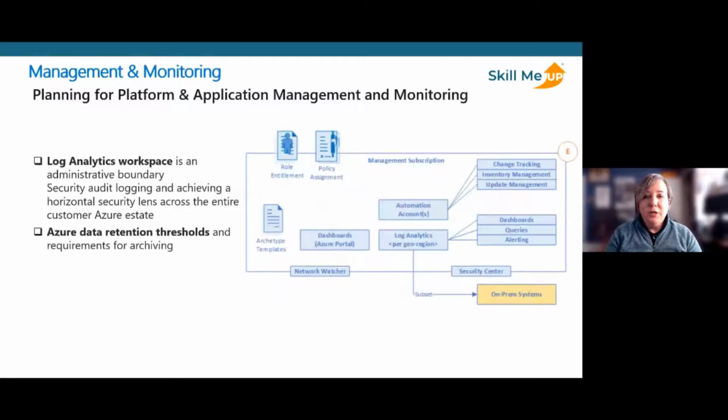From a management and monitoring perspective, Azure Monitor is a big piece of the monitoring tool set inside of Azure. Underneath sit the log analytics workspaces, as well as things like application insights. Application insights is something I won't really dig into that much. Just know your developers will be super familiar with that. It's the ways in which they'll collect telemetry for proprietary apps that they're building. The log analytics workspace, though, it's kind of a